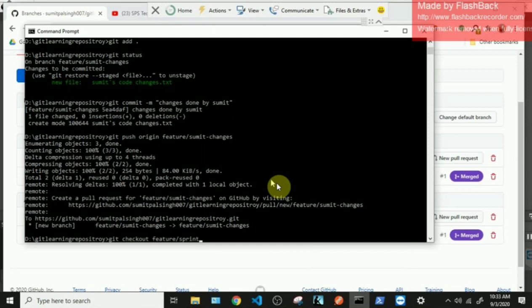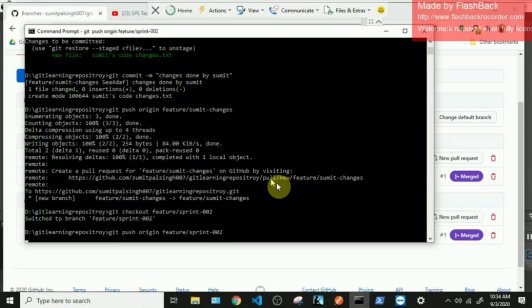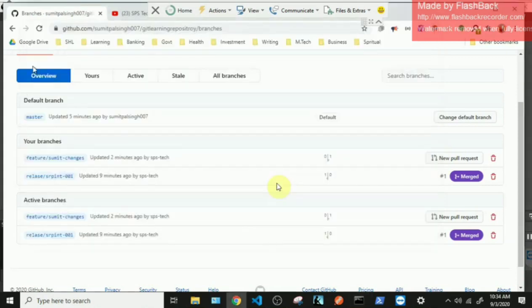Okay, we are at the branch, and we'll push this branch so that this branch also gets created. Okay, so we have pushed this branch, and hopefully in a couple of minutes this branch should get created. Yeah, so I'll just refresh this page, and sprint 002 has also been created.